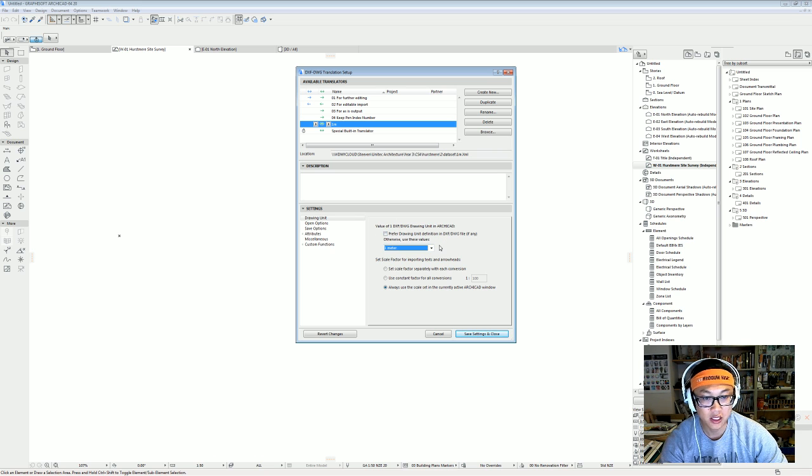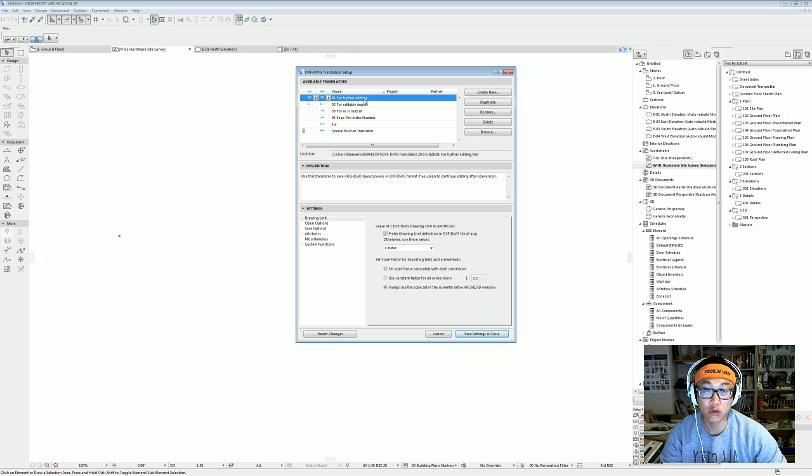I'll show you that after, but just make sure that you tick that off, because I think the file itself already has some type of scale, so if the software recognizes it, even if you put 1 meter here, it will just go back to the scale that it had. So I've created a new translator, but if you just go onto the normal one, just untick that, press 1 meter, and save setting. Okay, we're just going to try with the original one. Just have to untick this, save setting,